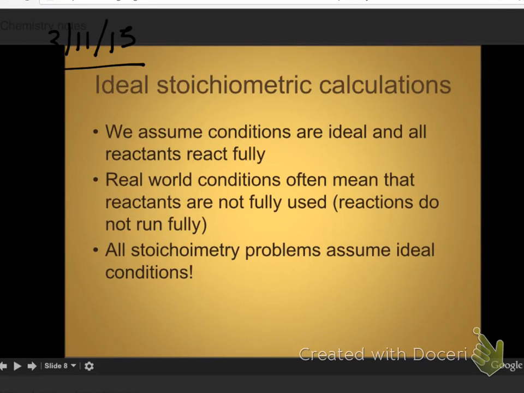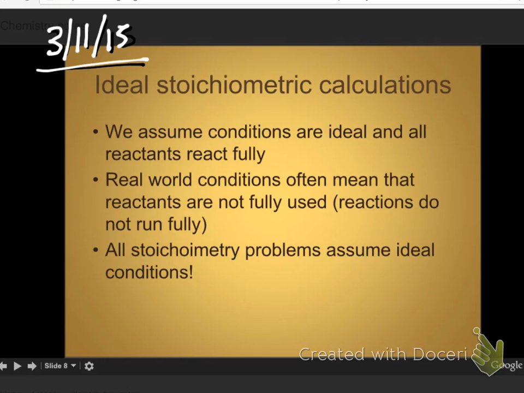All right, so we're going to start off with this. If we lived in a perfect world, wouldn't that be nice? We've been doing all these stoichiometric calculations, so you can figure out how much sodium nitrate you can make from sodium hydroxide and calcium nitrate, or anything else. Now, the catch, you knew there'd be a catch. The catch is that we don't live in a perfect world.